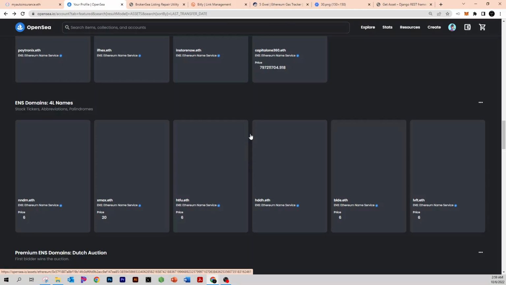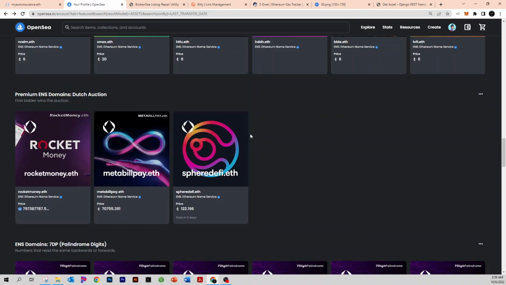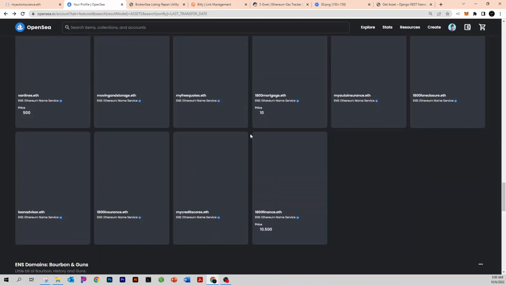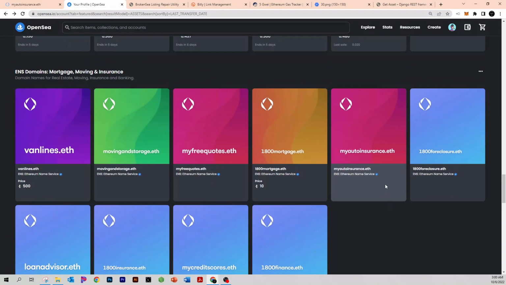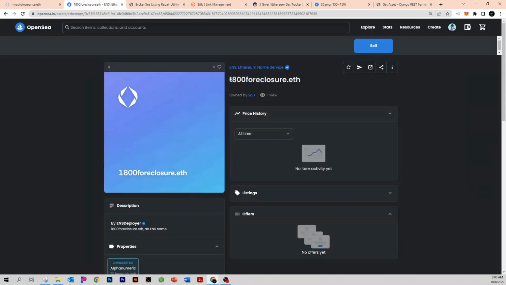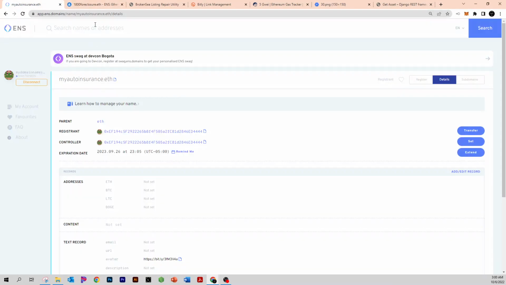I really like the look of these old school throwback, original ENS vision, ENS OpenSea names or whatnot. So I'm just kind of going through, and we just did my auto insurance. So now we're going to do 1-800 foreclosure. So already I've done all of these, van lines, moving and storage, free quotes. So I'm just going to click on the next one, and I'm going to go fast, copy this, go to my ENS app, paste,